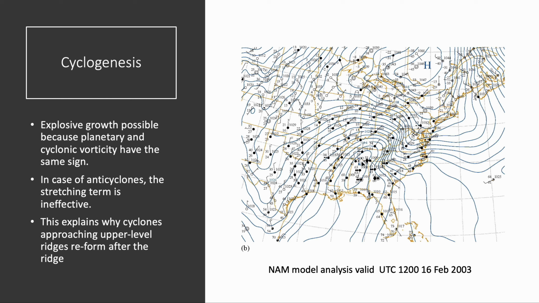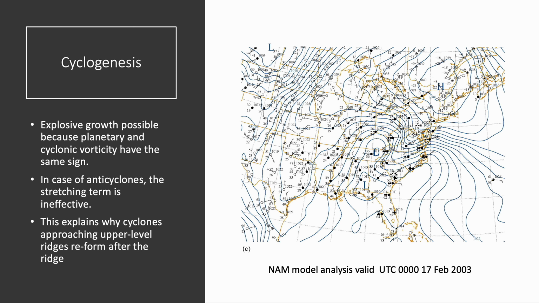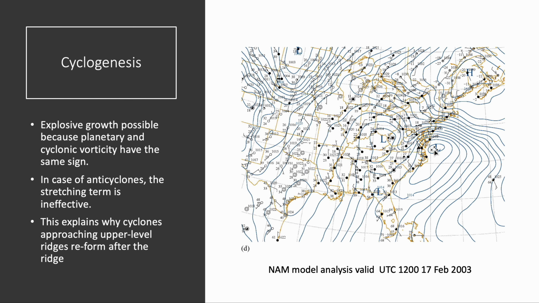And so it kind of looks like this low is tunneling. And so now we start to notice as this low over here sort of starts to disappear, the new low is formed over here and is strengthened. And so it keeps growing. So you see that the high hasn't really changed much, but the low over here has been able to grow. So it's like anticyclogenesis is not, the tilting term is not as strong or as effective as it is for